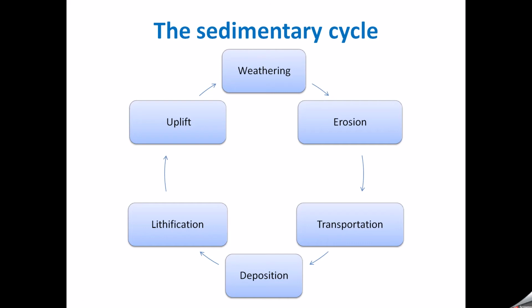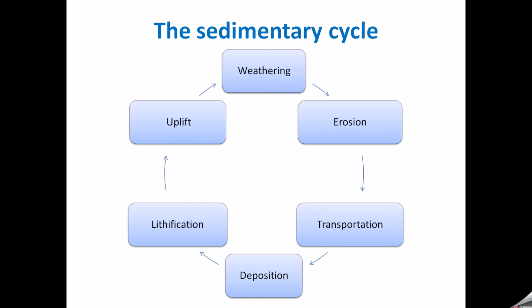The sedimentary cycle. The pre-existing rocks, or the provenance, will be subjected to weathering, and weathering mainly is the process of disintegration and decomposition of rock materials in situ. No transportation, in situ. And then the second step is erosion. After the rock has become more like disconnected particles due to weathering, erosion comes to do the incorporation of these sediment particles